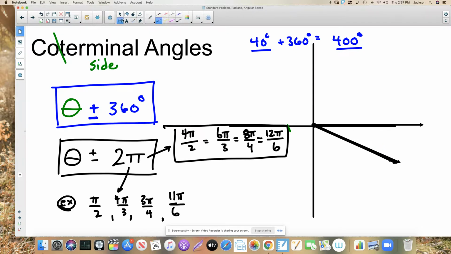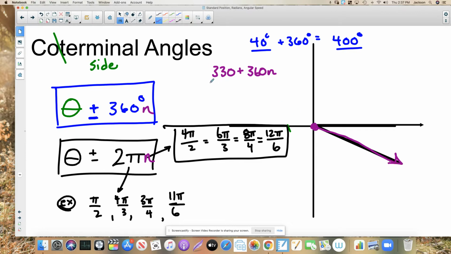So the way that we show that is by putting an n after this. Okay, so we're saying this angle, this 330-degree angle, for example, plus 360 times n is represented by this terminal side right here,